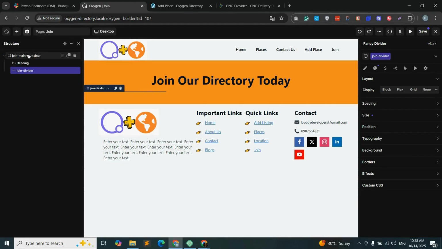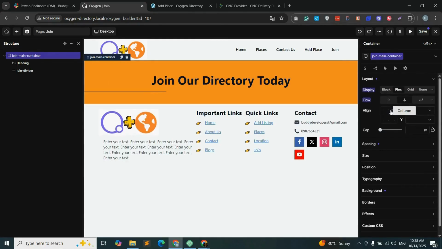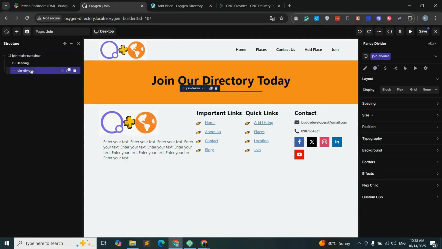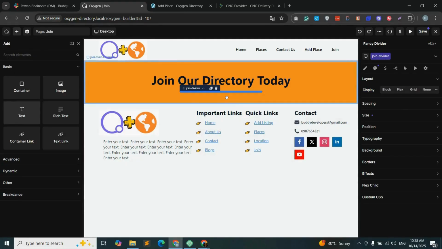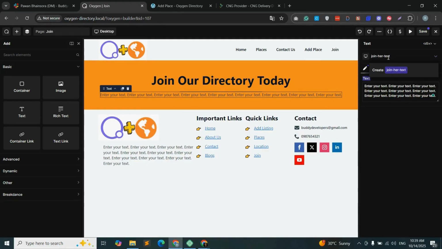Now coming on to structure, coming on to main container, flex column wise, alignment center, and alignment X center and Y center. Then below the divider, we will be adding a button. We can also add some description over here. So taking a text box over here, we have added some dummy text, adding class join hero